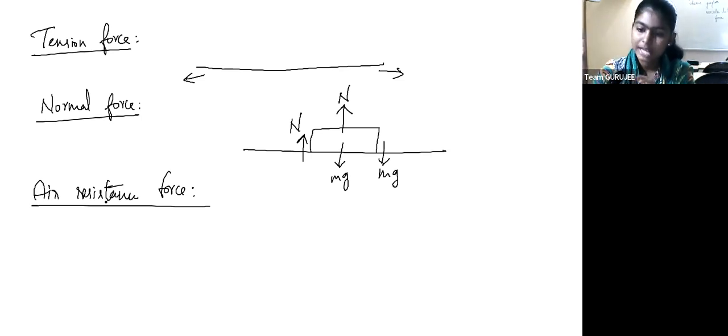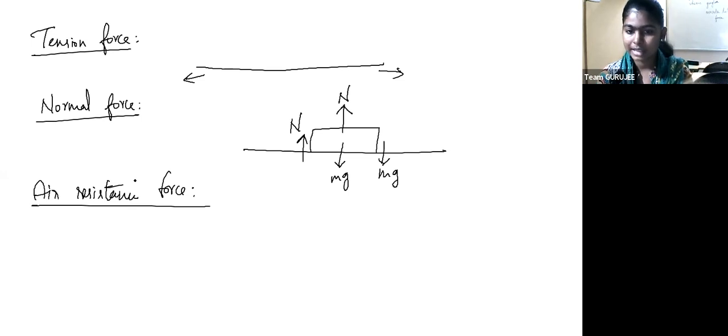When it is having some velocity, when that object is having some velocity or when your air is having some velocity, whatever the case will be. So when an object is being moved in the air, some force, even when you move your hand like this, you can experience a force. That is what air resistance force is. It is nothing but simple: where your air and your object are involved, a force you can experience there. That is what air resistance is.